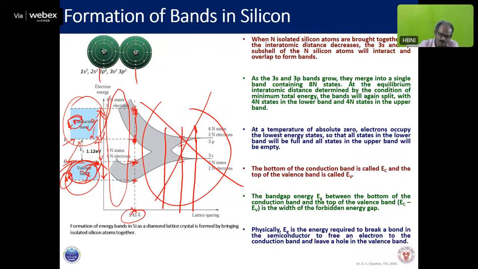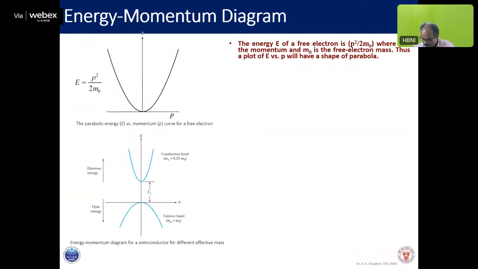This energy is 1.12 electron volt. 1.12 electron volt is a very large energy if you consider the thermal part. At room temperature, you have only 0.025 electron volt of thermal energy. Then you cannot have 1.12 electron volt. But there will be certain